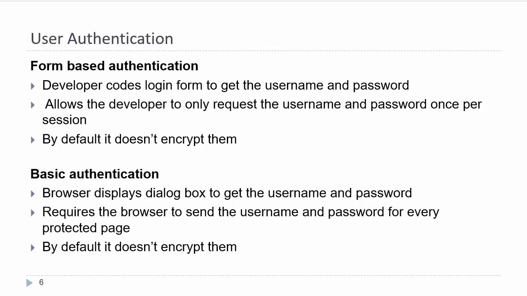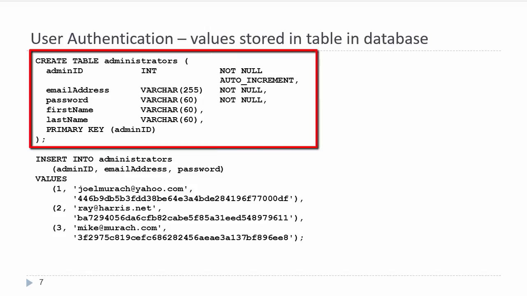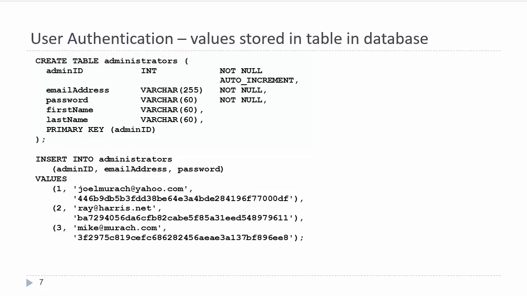So how do we do this in PHP? Usually, what we're doing is we're creating a separate table that has the logins and password. The login and password is not going to be with the user information. There's going to be a primary key and a foreign key that connects the user information somehow. However, when you log in, what you're going to be doing is you're going to be working with this table. So you're going to have a script that goes in there checking to make sure that that username and password